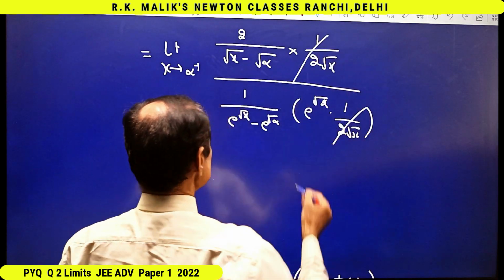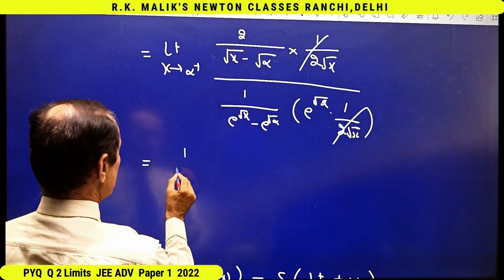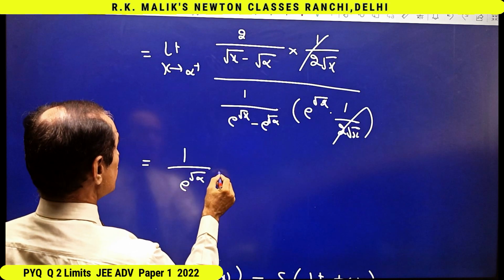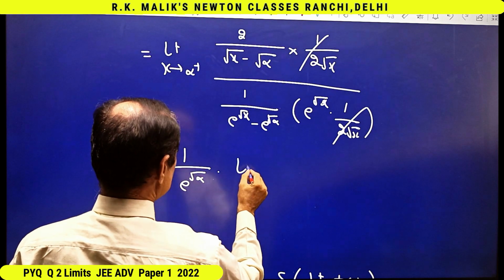Obviously, this will get cancelled and I get 1 upon e to power root alpha into limit